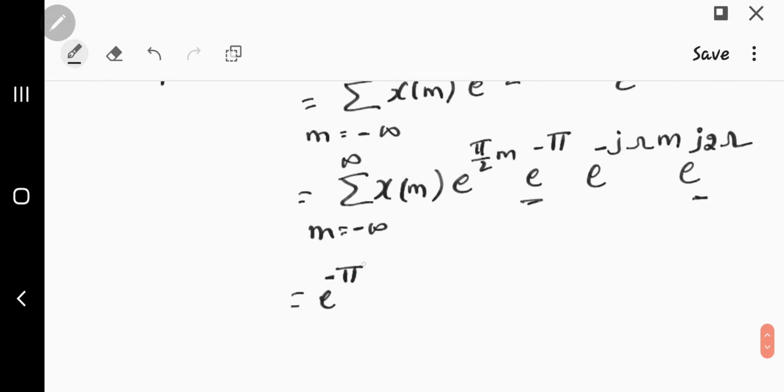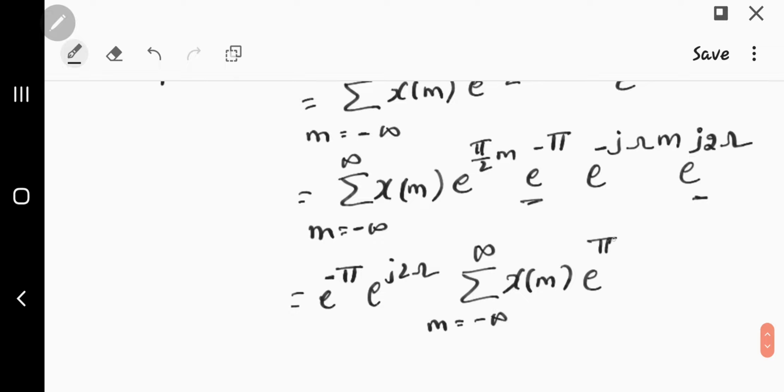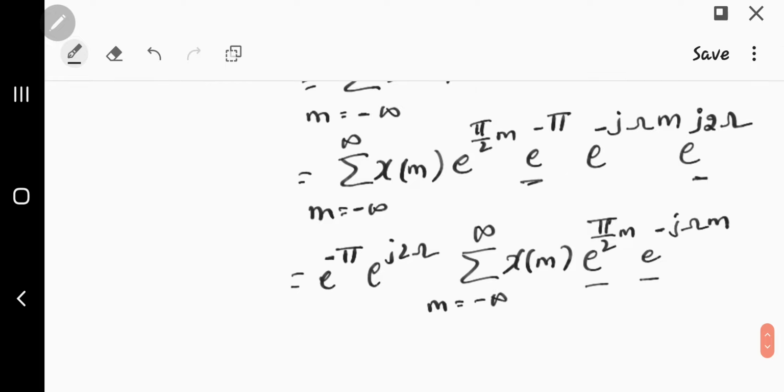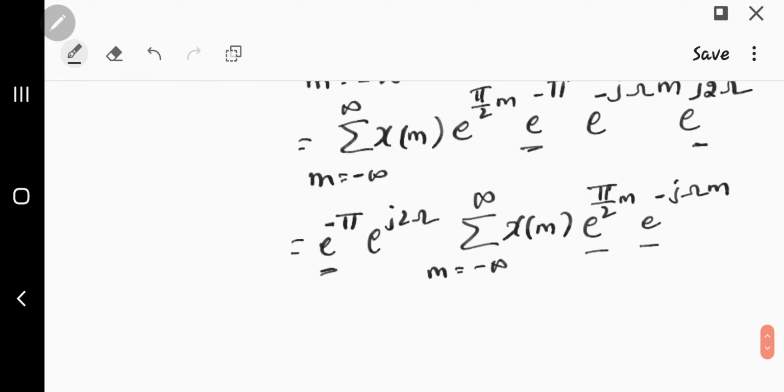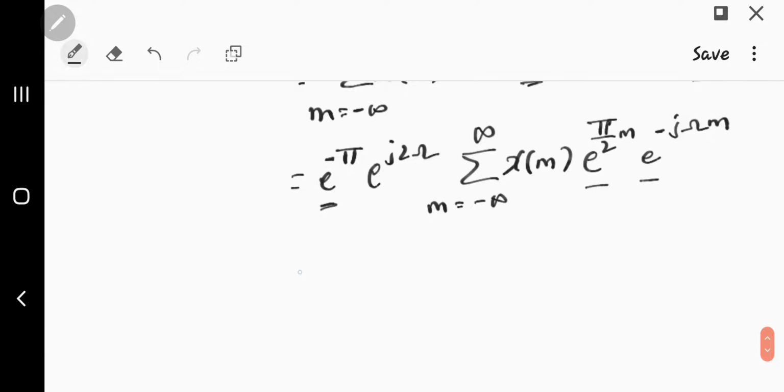E to the power of minus pi into e to the power of j 2 omega, summation m is equal to minus infinity to plus infinity x of m e power pi by 2m and e to the power of minus j omega m. So these two we can combine, and here we have e power minus pi, which value will be equal to minus 1. So that gives us minus e power j 2 omega into summation m varying from minus infinity to plus infinity